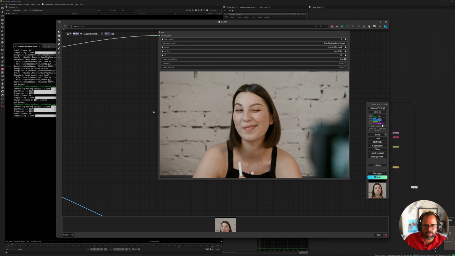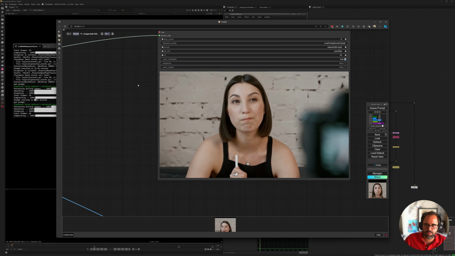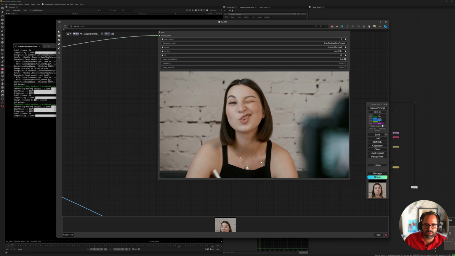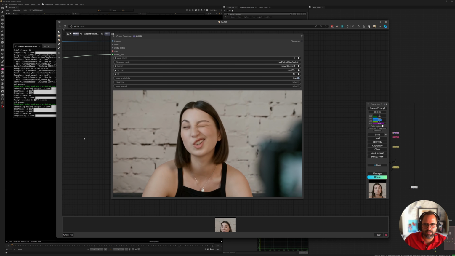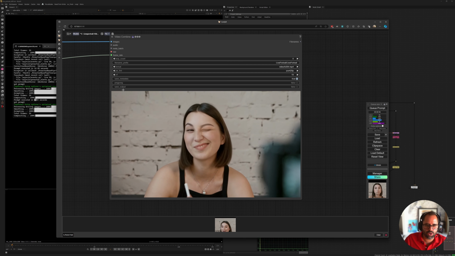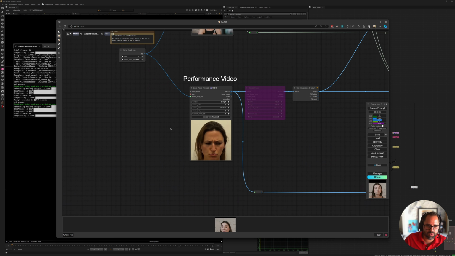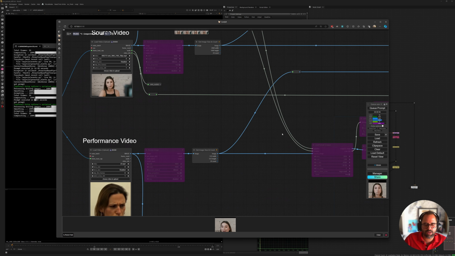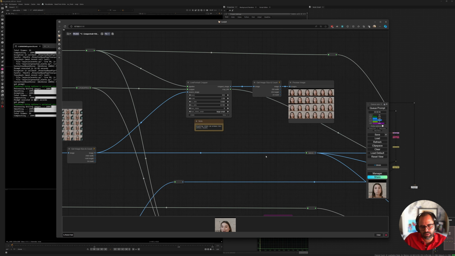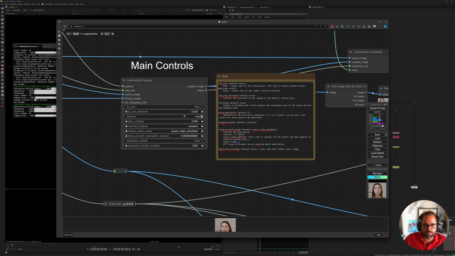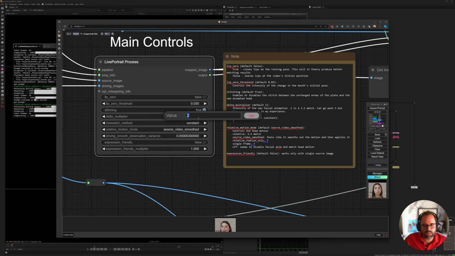So I can see this can potentially be useful, but it's not something that I personally have a need for at the moment. But it is good to know that you can always push your animation further from the performance video. So this can be the baseline, but if you crank up the delta, then it's just gonna, like the name says, it's a multiplier, right? So it just makes it more aggressive. So I'm just gonna reset the delta multiplier to 1, just as the default is,